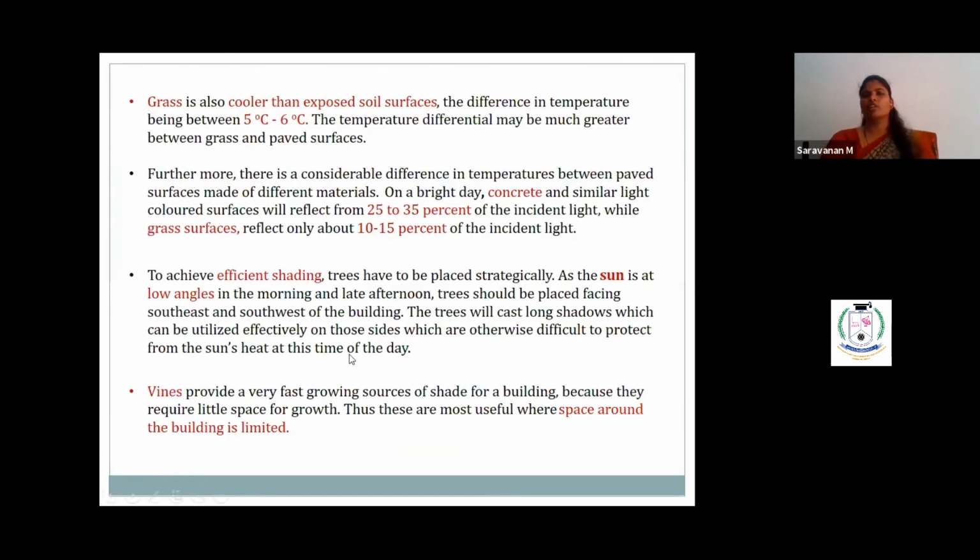For example, when you check the temperature at a concrete structure, it is 25 to 35 percent more. And next to the concrete structure, if you have grasses in the landscape, you can see it is 5 to